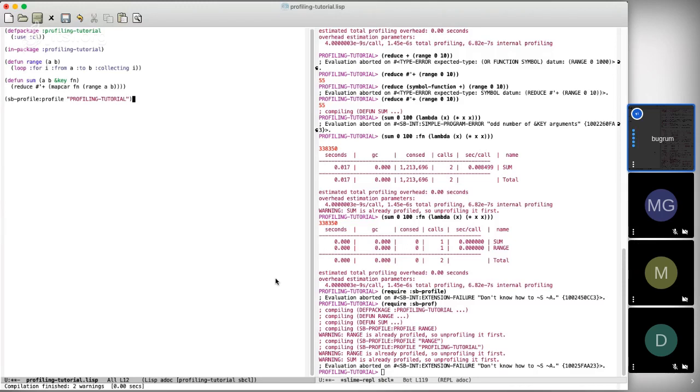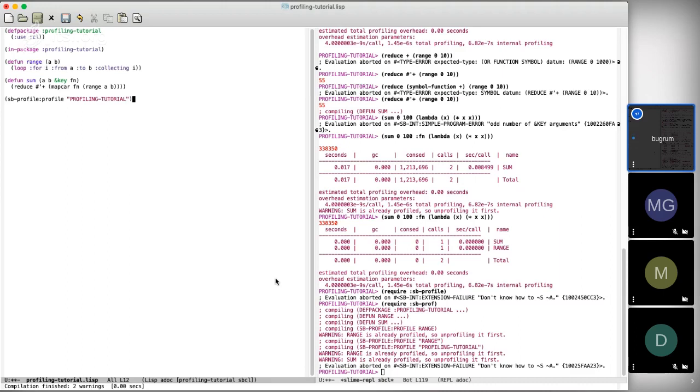Yeah. So the symbol names, just to elaborate on what Michael was trying to say. Basically, profile allows you to specify the package name or a specific function. If you specify a specific function, like I did earlier with range, then it must be a symbol, so that SBCL actually looks up in the symbol table and checks to see if it's been defined, then checks to see if it's already been profiled. If it's being profiled, it will then unprofile it, grab the new instance of the function object, and then add it to its profiling table for